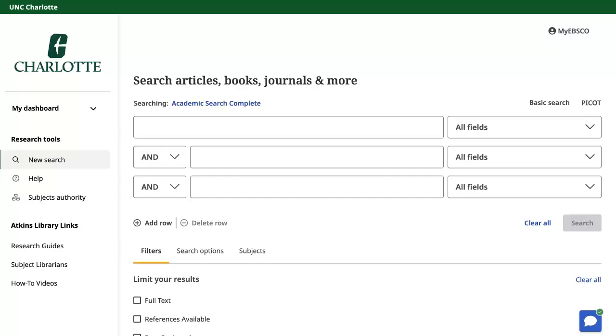Academic Search Complete is a great starting point for academic research since it covers a range of subjects. To start searching, you'll need to describe your topic in the search boxes. You could break your topic idea into a few search terms or phrases and put those terms in the search